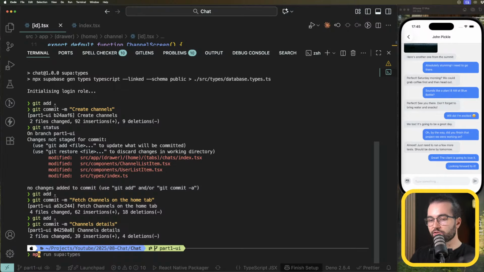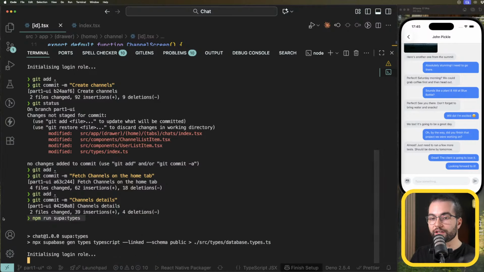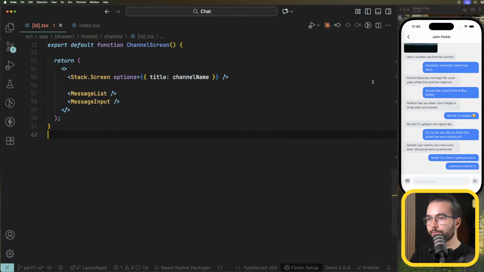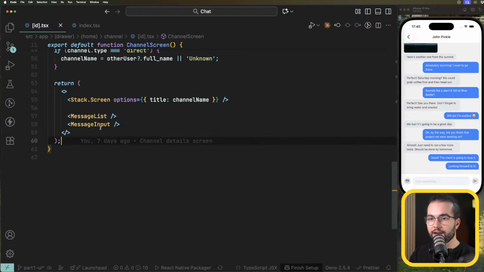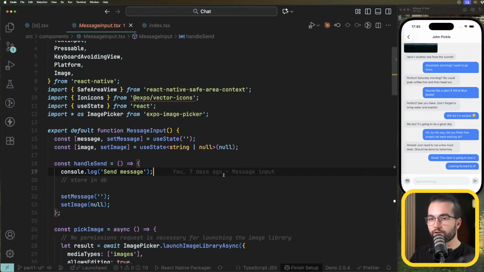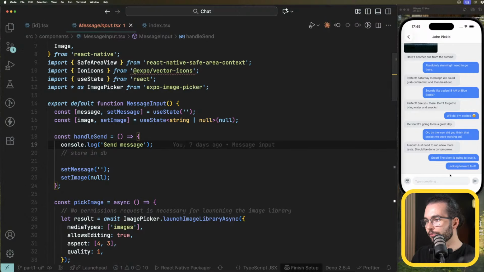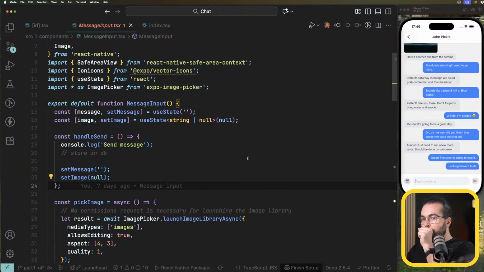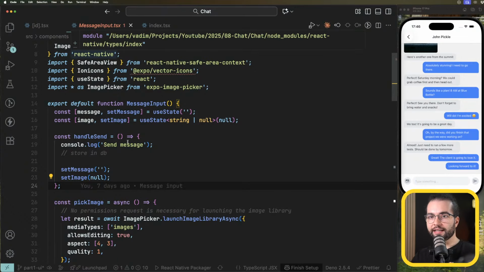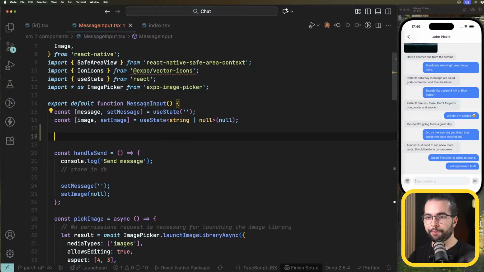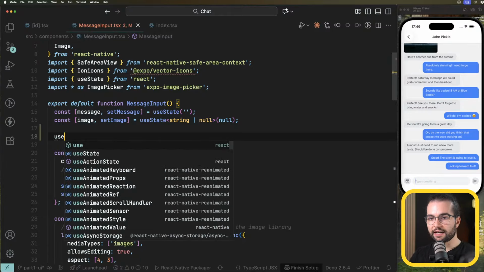We go to our project. First things first, let's run npm supatypes to regenerate the types to know about the newly added table messages. In the message input is where we're going to send the message. If I type something, when I press it, I need to store it in the database. Storing in the database will happen from a mutation. So let's add useMutation,